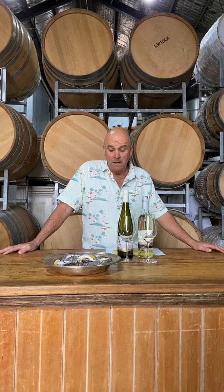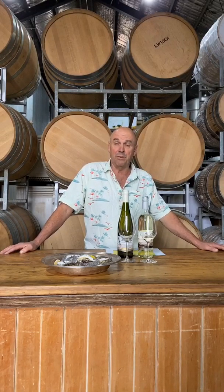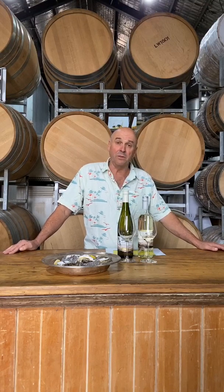Eastern France, right on the border of Germany, and Sauvignon Blanc, which has its home in the Loire Valley, which is on the Loire River south of Paris. It's a long river. It makes some pretty famous wines called Sancerre or Pouilly-Fumé, and they make Sauvignon Blancs that I guess started the world's craze on Sauvignon Blanc,